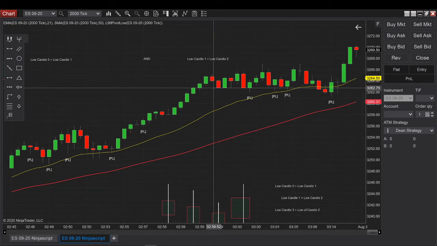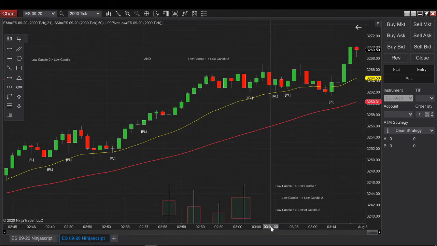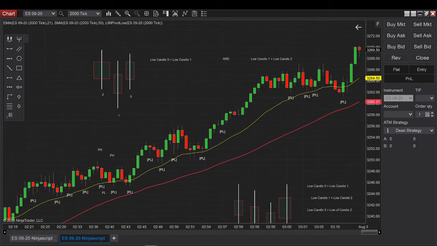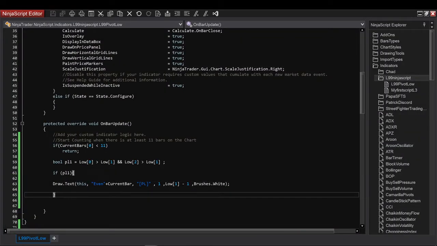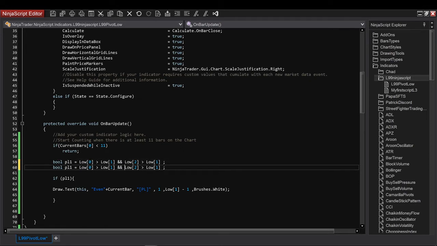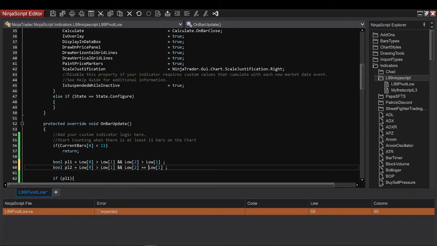But the problem is that we have 3 candles that have equal size. So we need to take this into account also. The candle that has 3, 2, 1, 4, 5, 10, 20, right? So to do this, I'm just going to do the same formula. But what I'm going to do is, if the pivot low has 2 equals, this will still stay true, then this will not stay true. So if it's equal n,